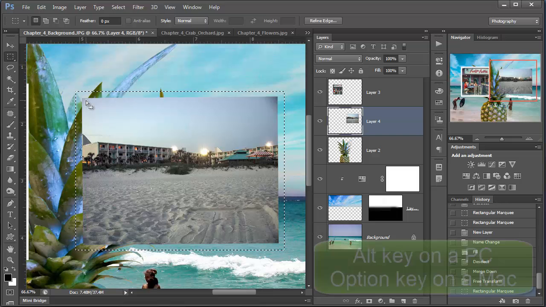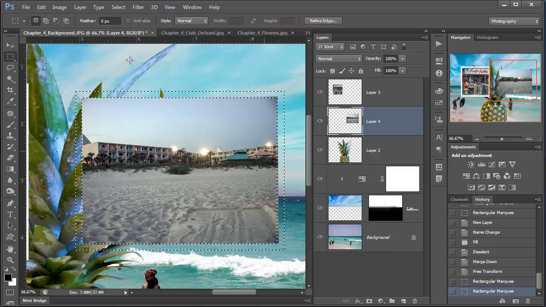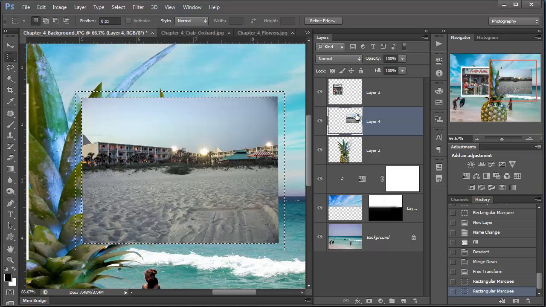Now, hold down the Alt key. The Alt key takes away from a selection. So we made the selection, now we're going to take away from it. So with the Alt key down, click and drag. And here we go again. We can actually just